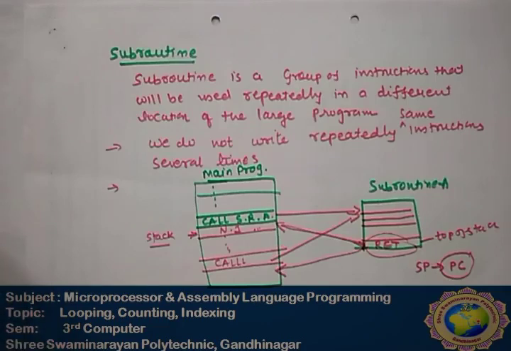Okay, so the main difference between jump and call instruction is that in the jump instruction there is a requirement of a condition or unconditional, but there is only one instruction. In the call instruction there is a subroutine, meaning whenever you want to perform a small program repeatedly, then you have to use the call instruction. Otherwise you have to use the jump instruction.